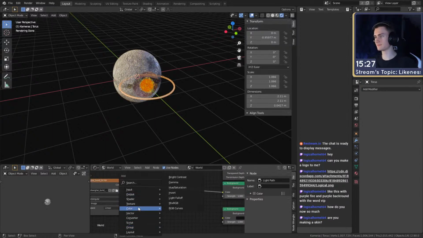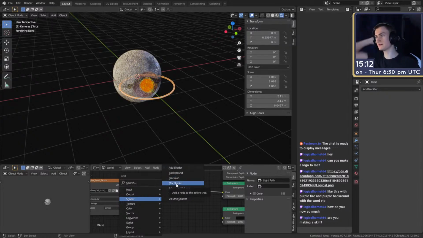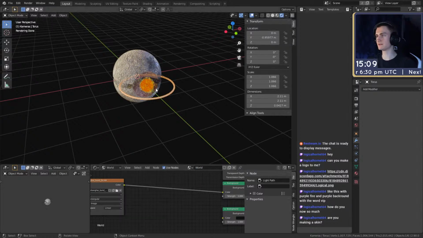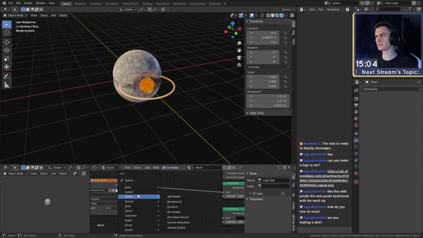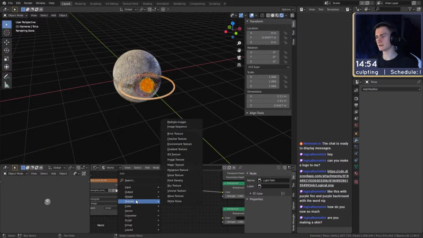Every day I'm making a quick sketch. I'm at quick sketch day 36, which means I have 30 minutes. I give myself 30 minutes to come up with something. Right now I have added a moon 3D object that I downloaded from Sketchfab. Yeah, Sketchfab. So when I do it on stream, I challenge myself